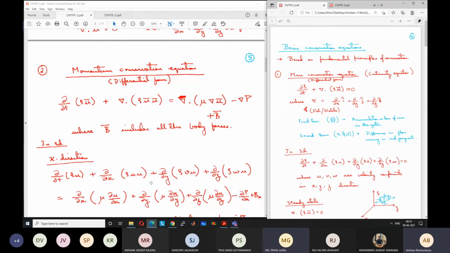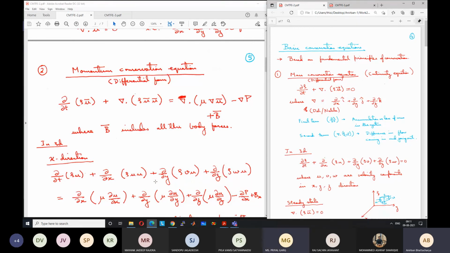What is the change in momentum in the y direction? What is the change of rho u, meaning x direction momentum, in the y direction with velocity v? Similarly, this third term is also there. So you have momentum in the u direction, say the x direction. Some flow is coming in the x direction, but you also have velocity in the y direction, the other direction. So it will try to push the flow in the other direction also. Because of that, whatever change is happening is taken care of by this term.